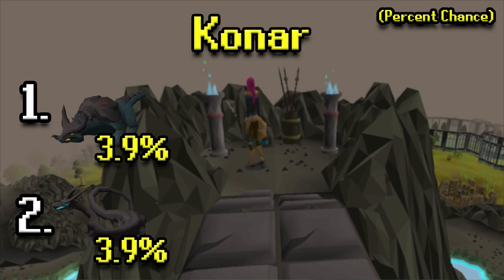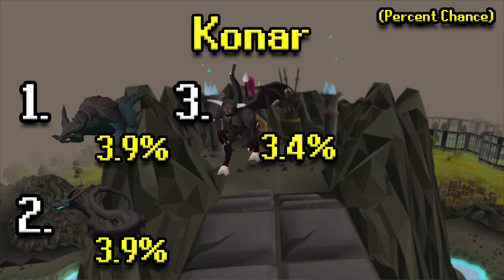So kind of a distinguishing factor there. And then at number 3, I have Black Demons. Again, this one's kind of iffy, because at high levels, I don't think Black Demons are a bad task by any means, but at lower to med levels, people tend to not like the task at all, because you don't get any drops, and it's just a long